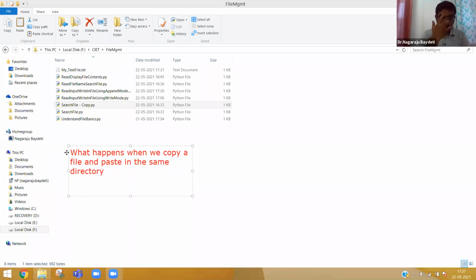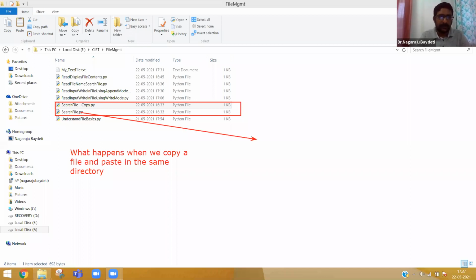I'm taking Windows operating system. You see, for example, this search file is the original file. Correct or not? Everybody please notice carefully. What is the original file? This is the original file.